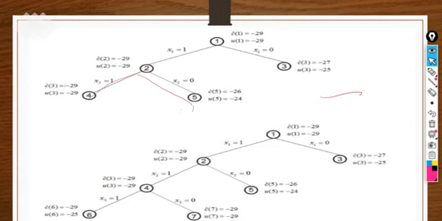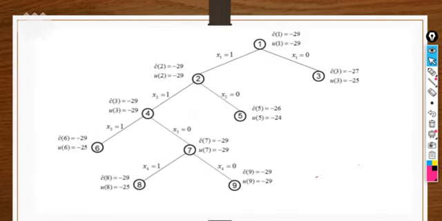If you are including the second node, then take it as it is. If you are excluding, then subtract the node's profit, or you can say cost, and the weight. So you can do further steps here. And this is the final resultant state space tree diagram that is providing this final solution.